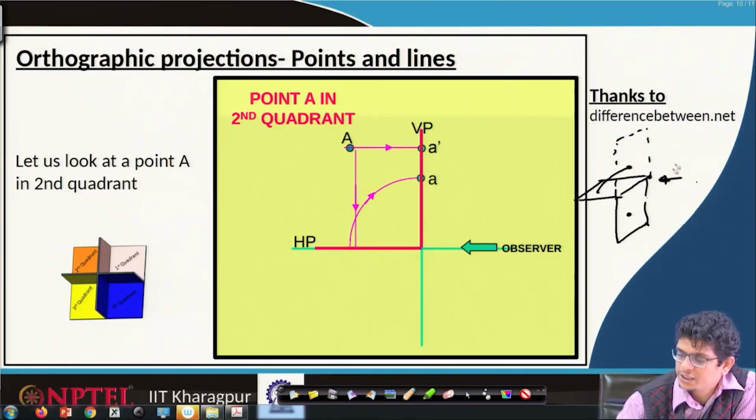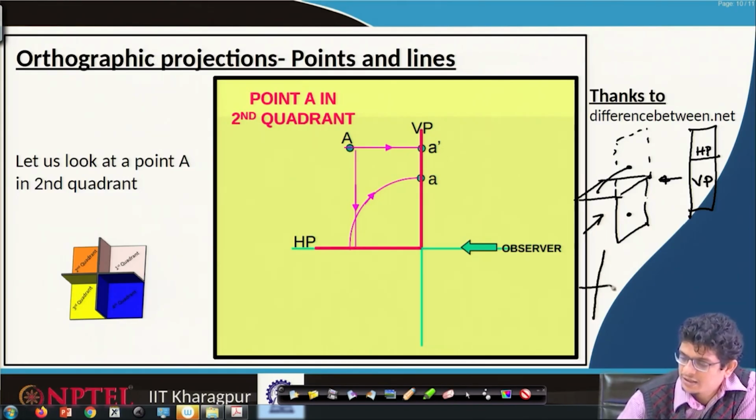If we are looking from this view, it makes a horizontal plane there, vertical plane there. If we are looking from this direction, it looks like a line, the top one is the horizontal plane, the bottom one is